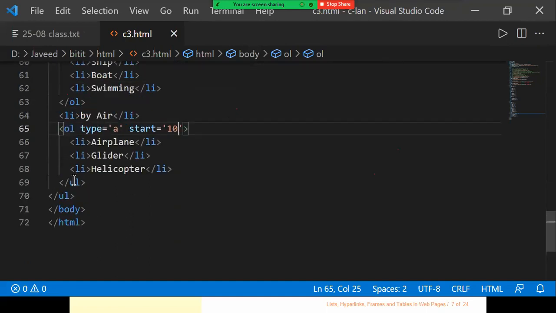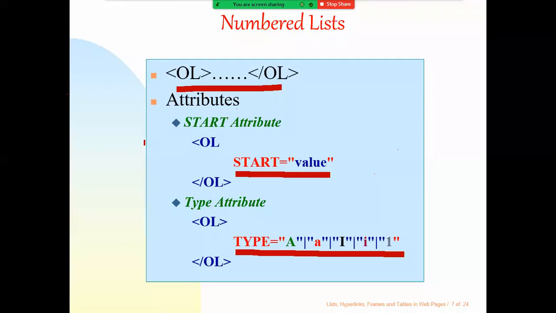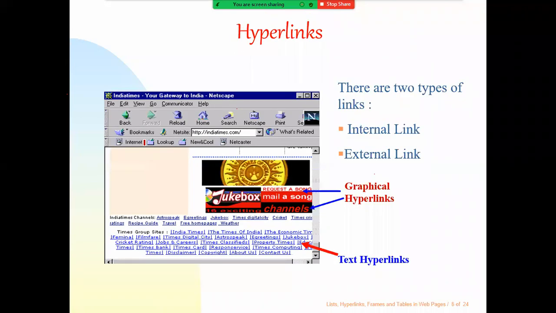Now here it is OL, so we are going to close the OL here. This one also is going to be the OL; we have just copied the previous code, so it was going to be UL. It's always better that whatever tag you open, the tag has to be closed. So this is something about your numbered list, or what you call the ordered list.